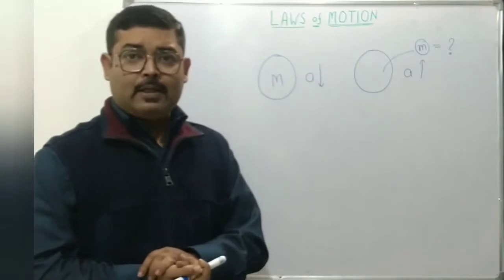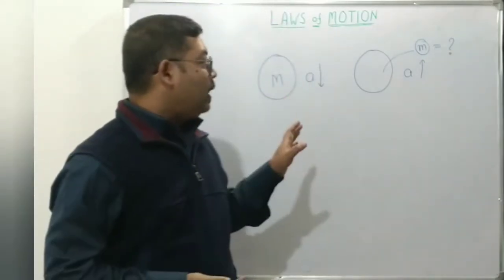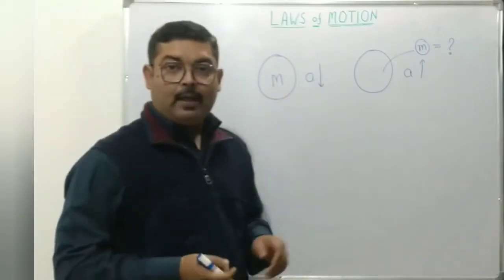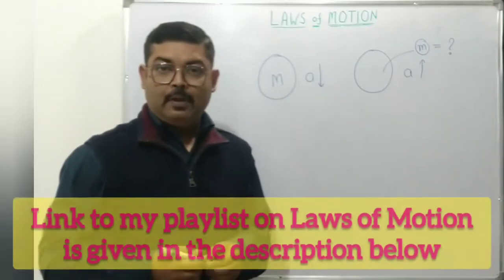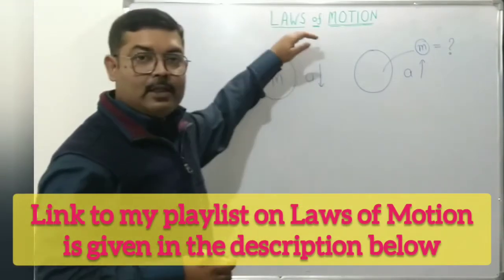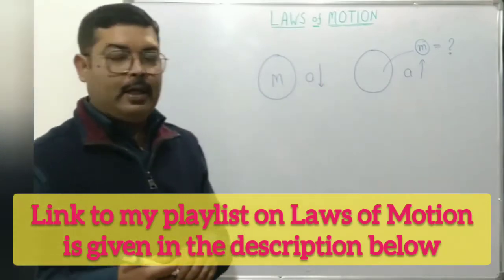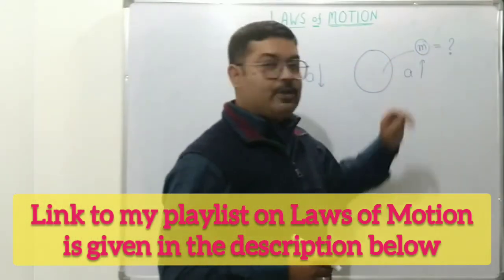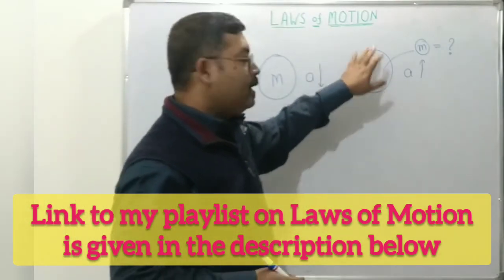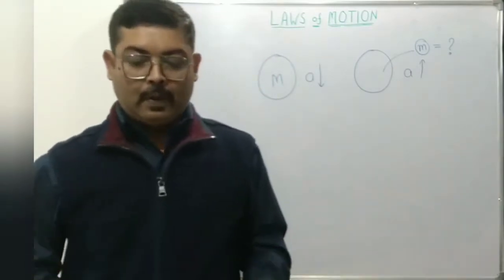Today we will be discussing the important topic of friction. But prior to that, we will try and find a solution to the problem that I had given in the previous video. That is, a balloon of mass M was accelerating downwards in air with an acceleration a. What mass m needs to be taken out of the balloon so that, instead of accelerating downwards, it accelerates upwards with the same acceleration a?